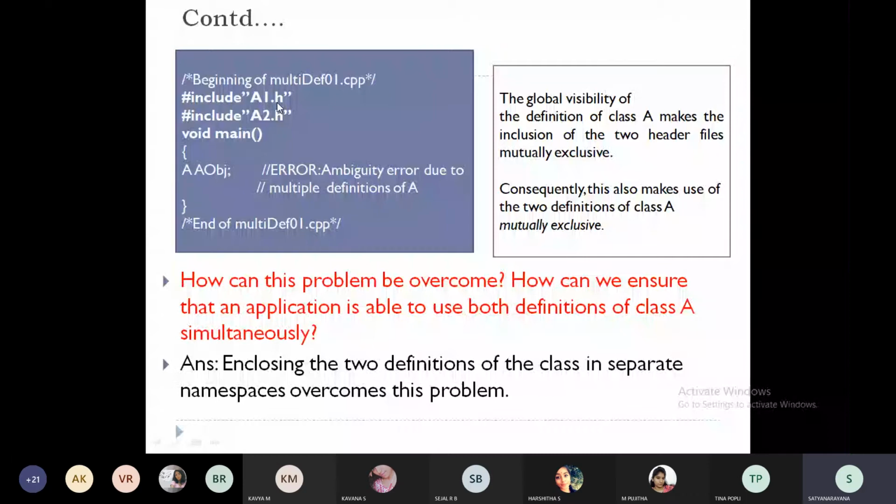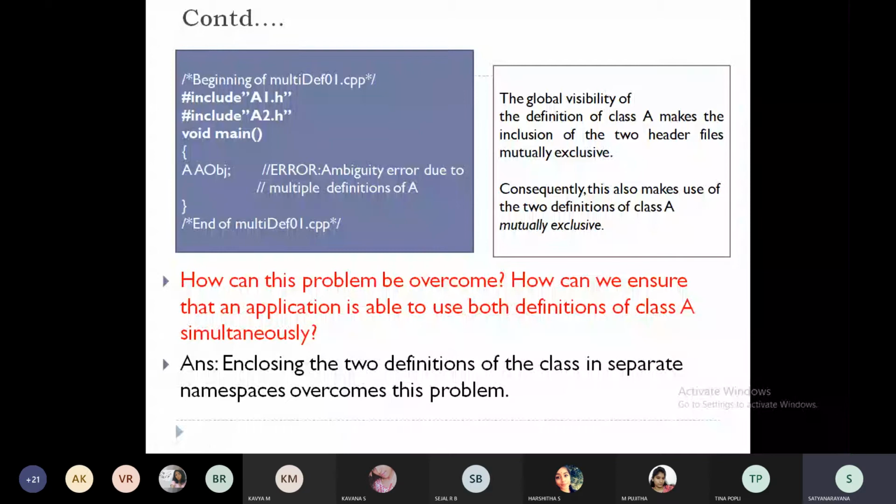How do we solve this problem? We cannot assure that, for example, Tina creates one header file called svce.h and I create one more header file called isc.h, and both of us define a class called ISC.